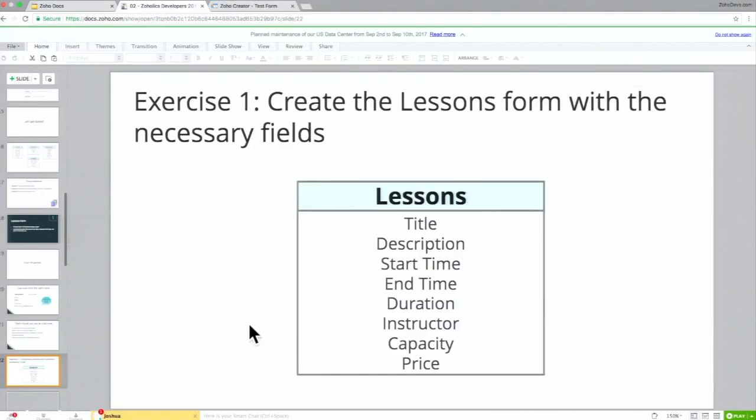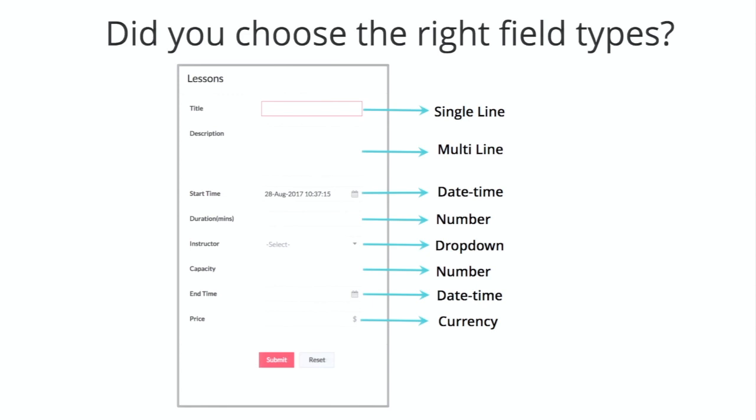Now, let's get started by creating this form. I'll give you a few minutes here and you need to pull all the field types which are required for building this form. So these are the fields that Karen requires to build her form. We'll build this form, we'll come back and we'll check whether we have chosen the right field. Let's see what the right field types to choose are.